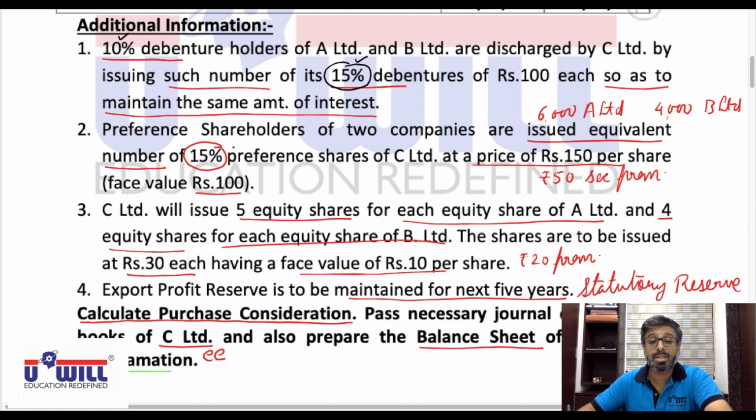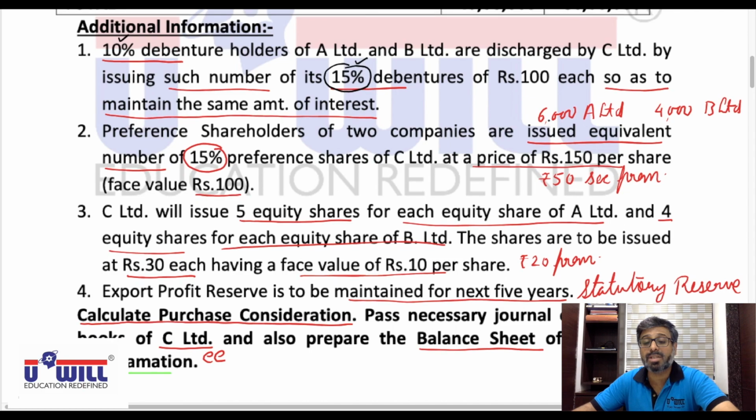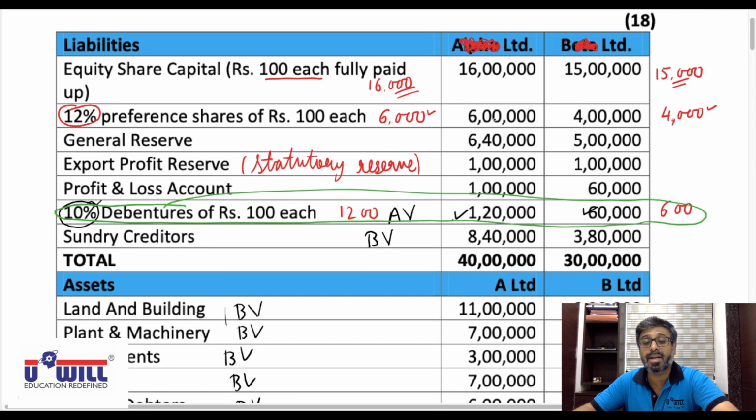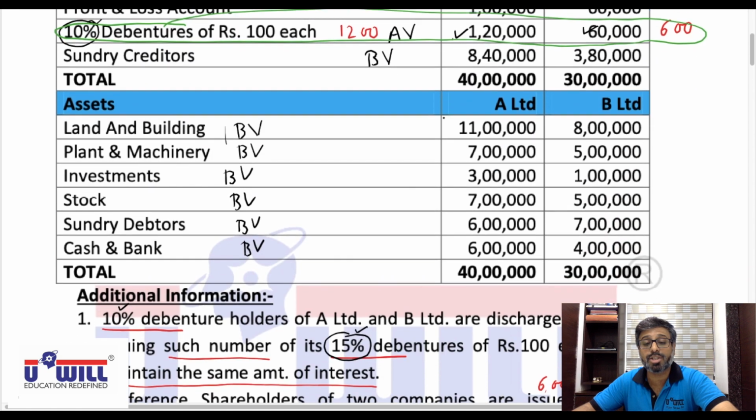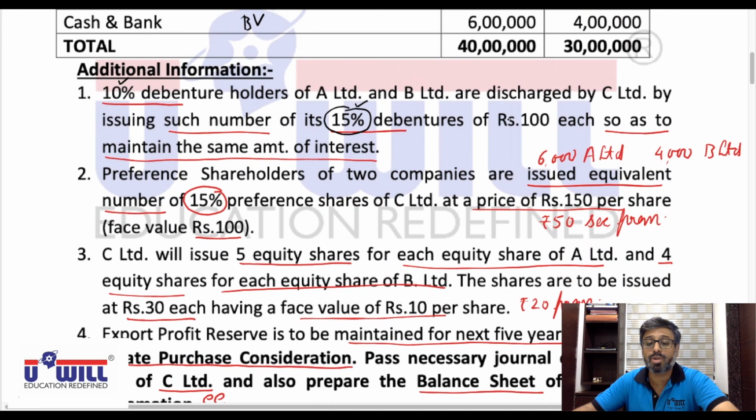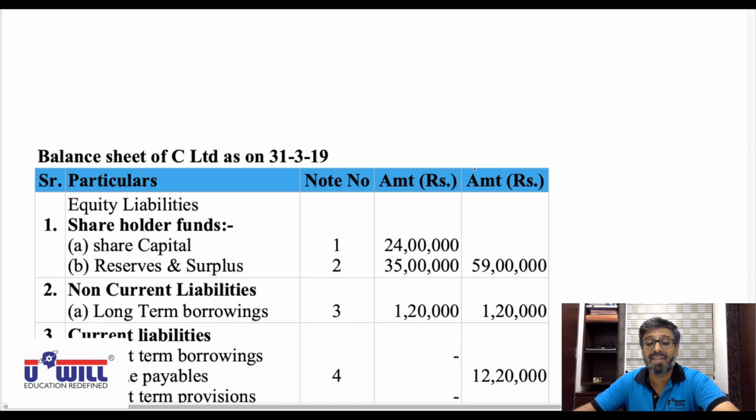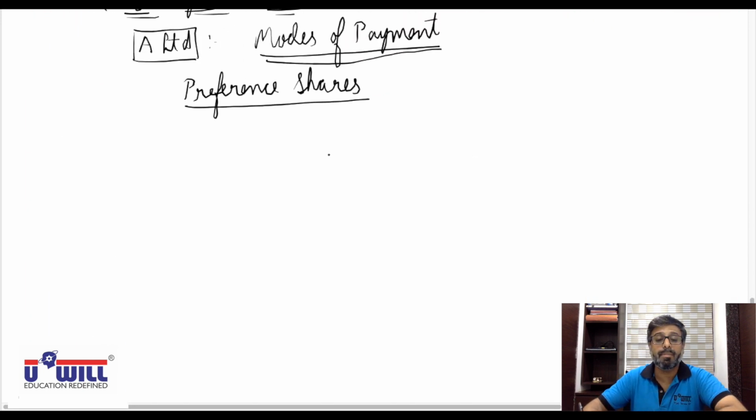Preference shareholders of two companies are issued equivalent number of 15% preference shares of C Limited. So we already discussed equivalent number means 6,000 preference shares will be given in A Limited, because present is 6 lakhs divided by 100, there are 6,000 preference shares. So in the new company also equivalent number means 6,000 preference shares will be given, but at a price of rupees 150 and face value is 100. So what would be the value of those preference shares? Number is directly given,